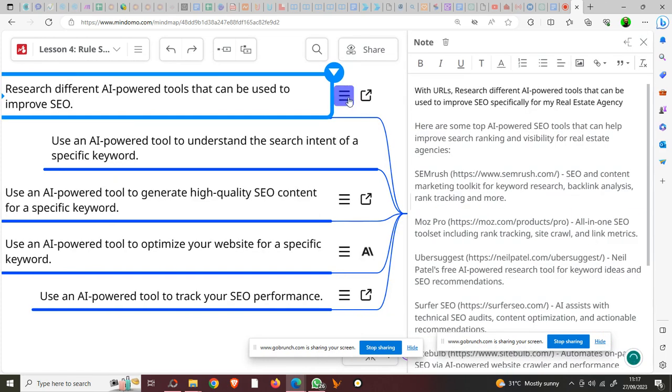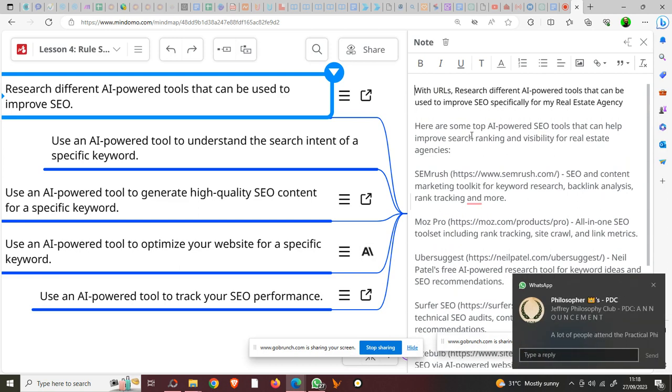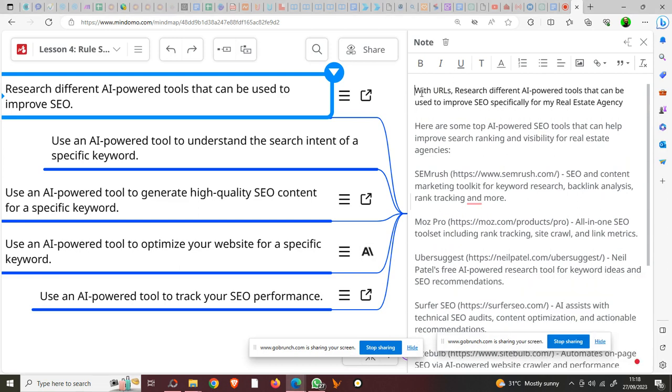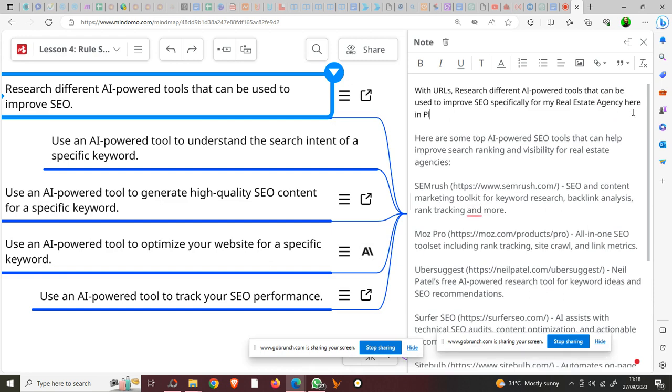So when you click on the three lines here, you'll get the notepad. And in the notepad, I've made some notes for you here as well. So I've basically taken the words of this request, research different AI-powered tools, and I've put it over here, and I've added the words with URLs, okay? And I've also added to improve SEO. I've also added to improve SEO specifically for my real estate agency, okay? And you might want to add here in, let's say, Playa del Carmen, for example, where I am at the moment, okay? So you might want to add much more information, such as